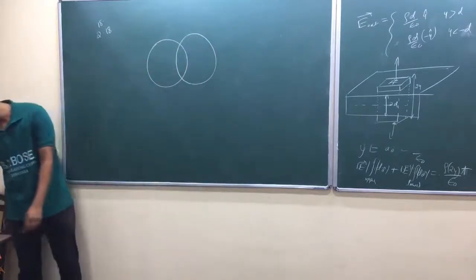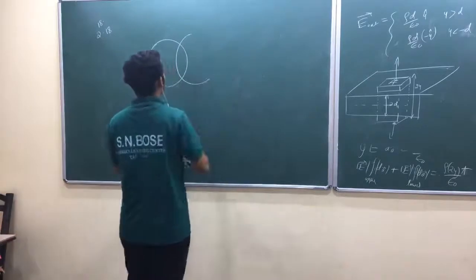Two spheres of the same radius, capital R,